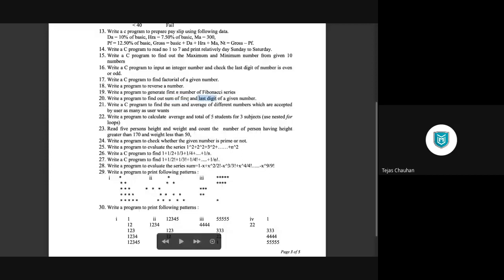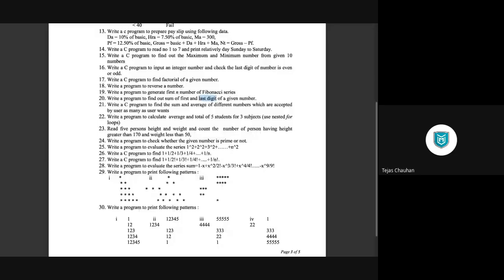So if you do modulo 10 once, you will get the last digit. The first one you get will be the last digit. And then you keep dividing your number by 10 as long as the number is greater than 10. While your number is greater than 10, you divide your number by 10. So when your loop terminates, you will have a single digit number. That will be the first digit of your number.